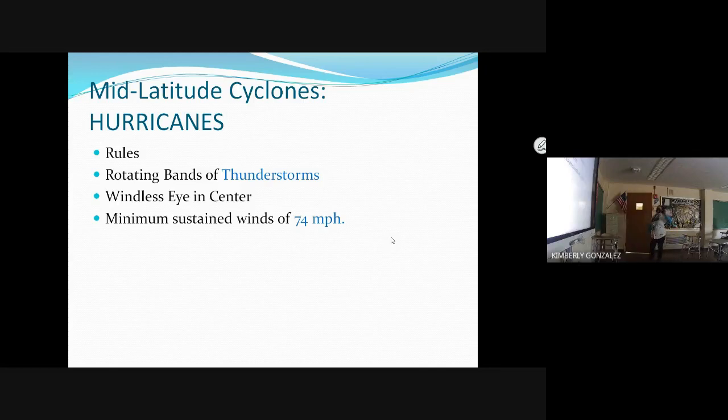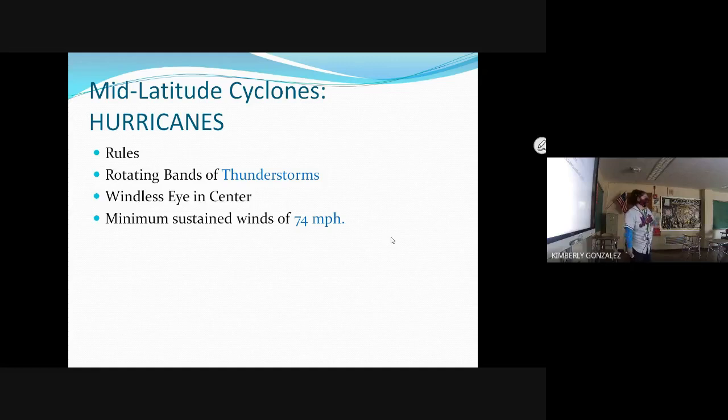In order to be categorized as a hurricane, you need winds of a minimum of 74 miles per hour, and it needs to be sustained. What does that mean? It needs to be a constant of at least 74 miles per hour. If you hit 74 and then go back down to 73, you're not a hurricane. You have to be at least 74, 74, 74, 80, 74, 70, okay? Has to be at least 74 for a good chunk of time. Otherwise, you get knocked down to what's known as a tropical storm,